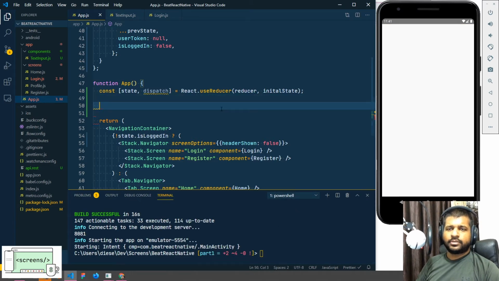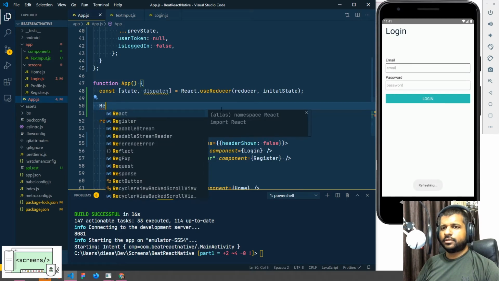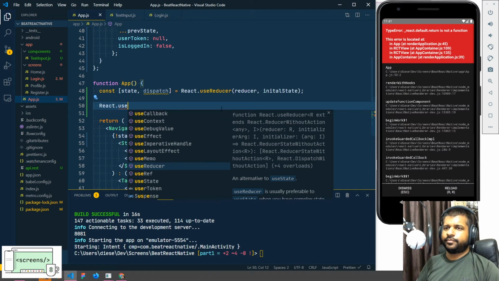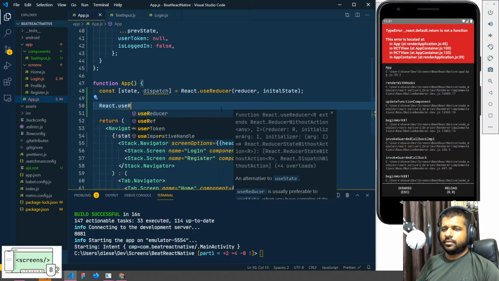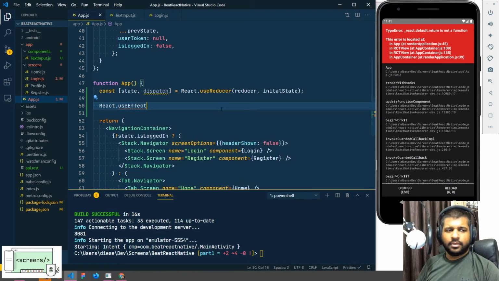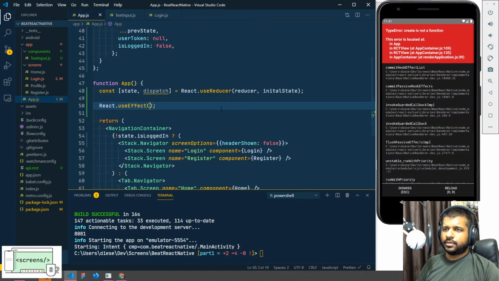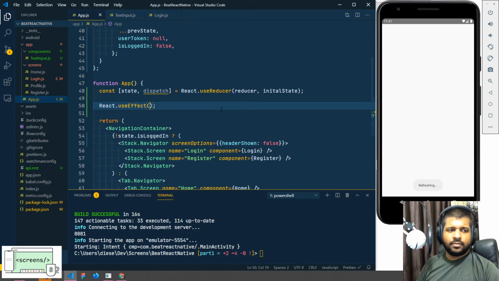Okay, so let's go ahead and add the effect here. Let's use a hook called useEffect. useEffect has two parameters. The first one is the function which needs to run, and the second one is the dependency. So I'll pass the function which is